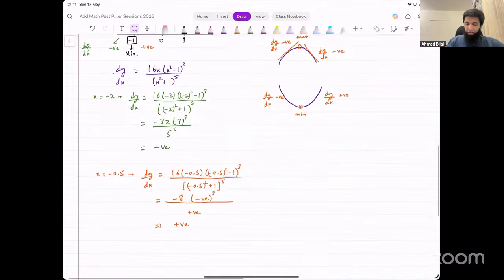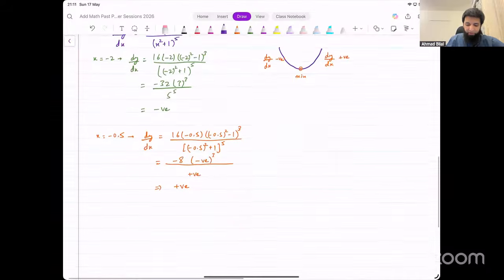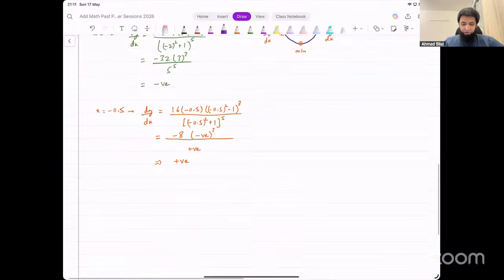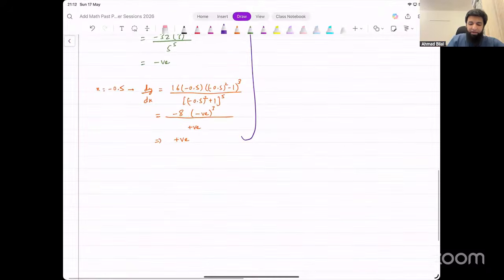Let's see what happens between 0 and 1 now. You can try 0.5 this time. Now, you don't necessarily have to show all of this working. Once you have done a couple of them, you would be able to figure out what is going to happen at 0.5. You could write down the derivative, whether that's positive or negative,